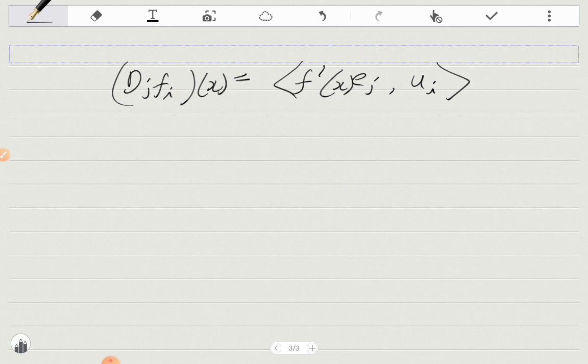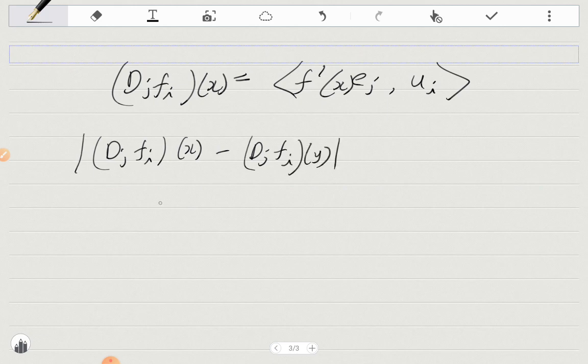Well, this will immediately prove that this is continuous. The partial derivatives D_j f_i are continuous because we can directly check, in fact. So the absolute value of D_j f_i(x) minus D_j f_i(y) is equal to